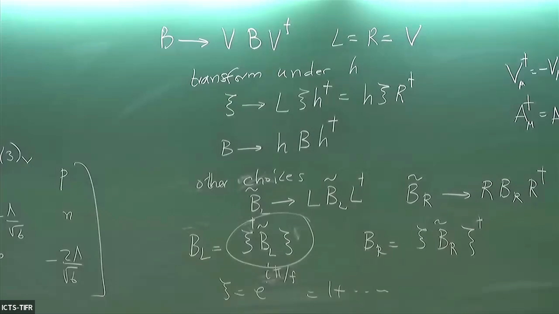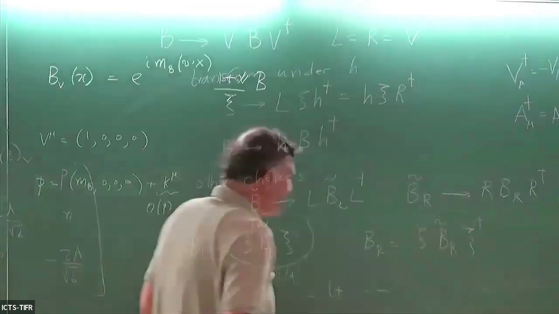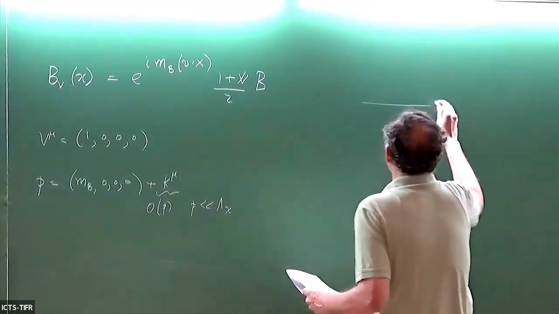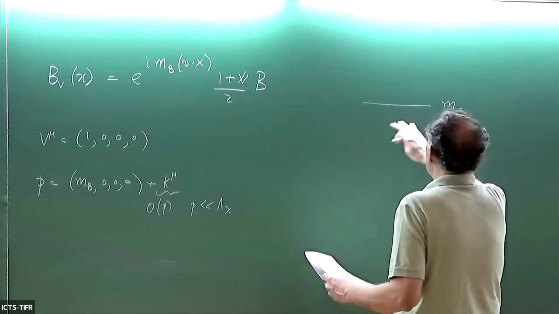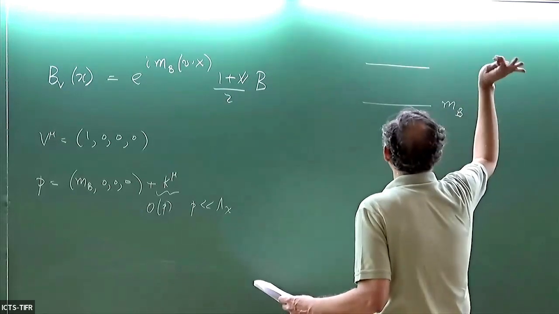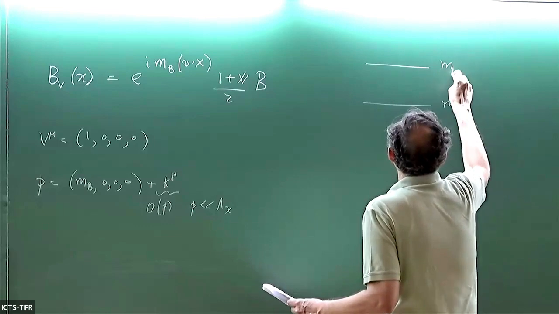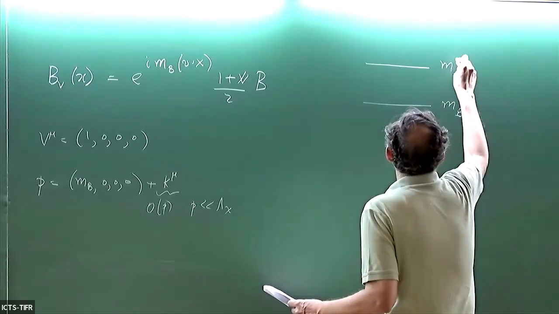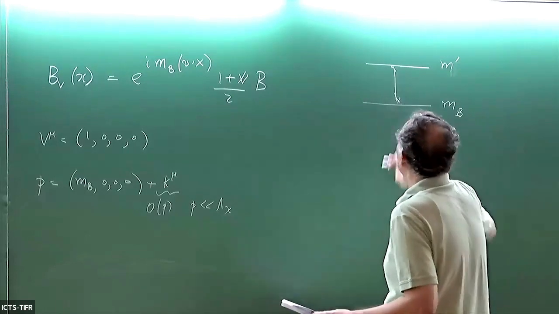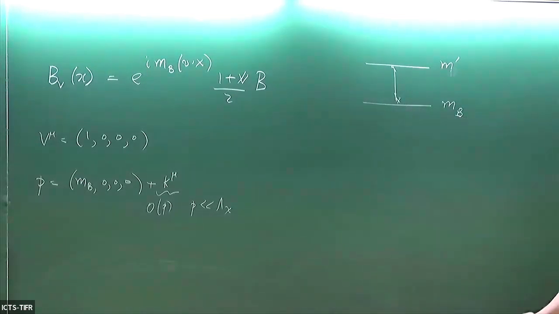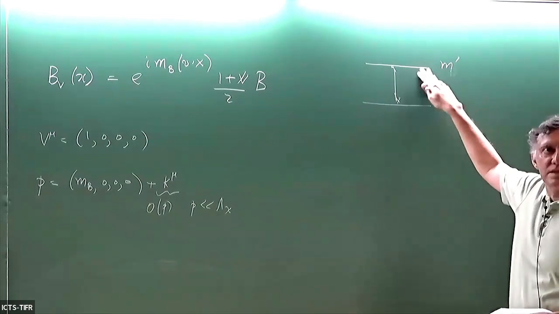Okay, this is a long story. For right now, these are the baryons, and if you're working with the pion excitations, you can imagine that this baryon multiplet is here, and let's say there are some excited baryons, some M prime or something, and there's some gap. And for right now, you would say that to do chiral perturbation theory, you have to make sure that the energy isn't sufficient to excite the state.